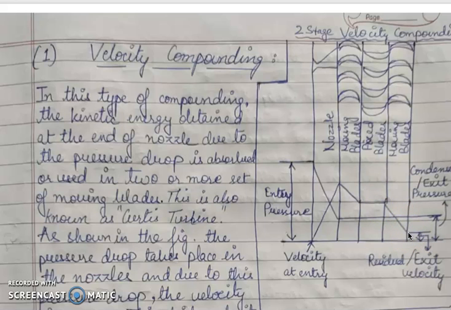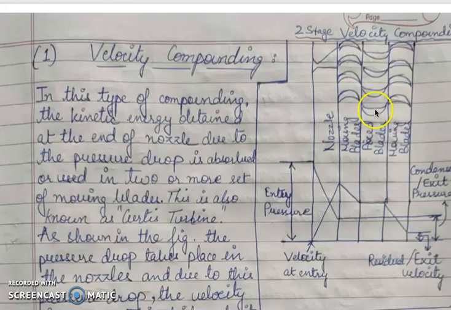Now how this is done is, we have to adjust the angle of the moving blades such that the velocity lost in this blade is not the whole velocity which is to be used. A certain portion of the velocity is to be used, and the rest of the kinetic energy is stored in the steam, and the steam leaves at high velocity from this set of moving blades. Then it enters a set of fixed blades. Here the function of the fixed blades is to change the direction of the steam only.